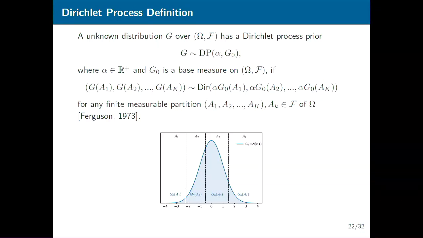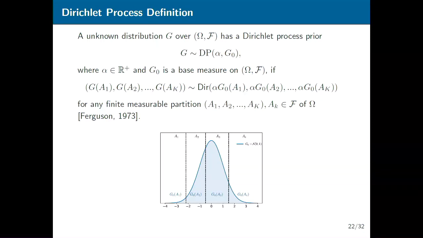Just like the Gaussian process, if you're familiar with that, the defining characteristic of the Dirichlet process is in terms of its finite dimensional counterpart. If you take any finite partition of the sample space, there is an induced Dirichlet distribution. So what does that mean? This is visually what it looks like. The sample space here is the reals, and the base distribution is the standard normal. I chop it up into 4 parts. My standard normal assigns a certain amount of mass to each of the partitions.